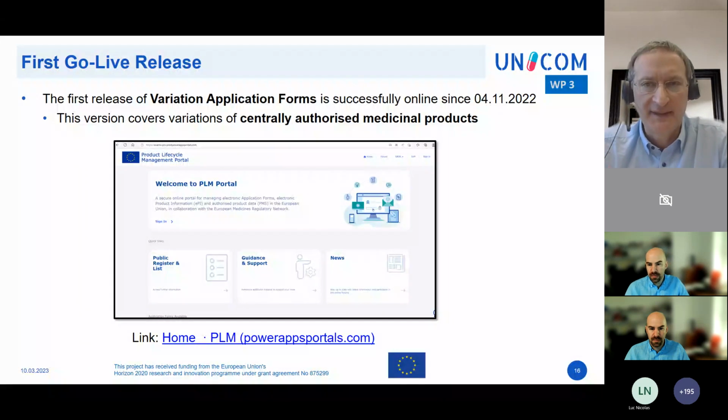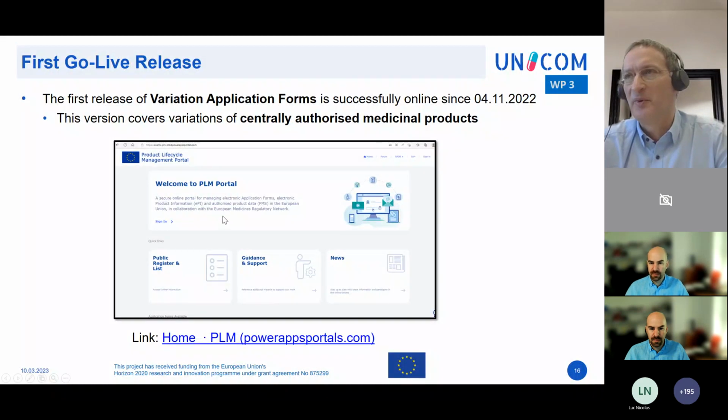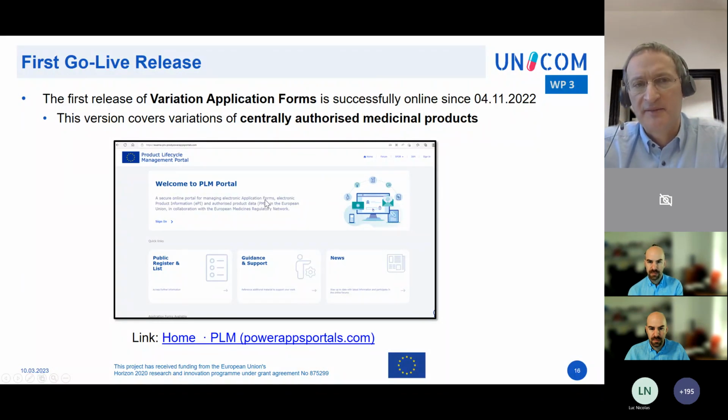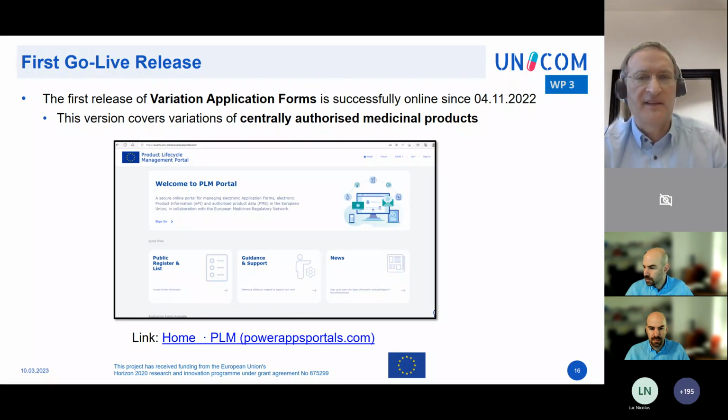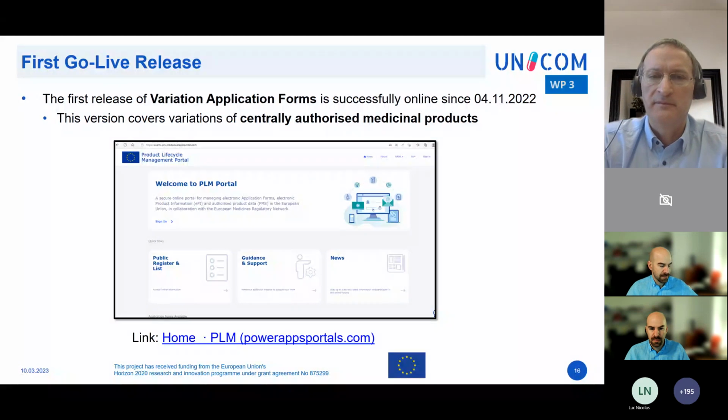So if you're missing Daddy, just get used to PLM portal. It's the same. Of course, be aware this is something applicants will use, so it's focused on applicants. For us regulators, as I said before, the business process doesn't change. We will receive the application forms within the dossier like today.